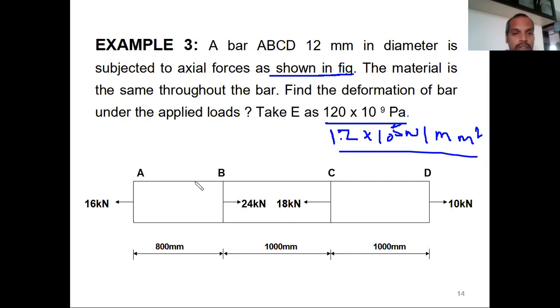It is because AB member, BC member may be subjected to different types of loads. But whenever a problem is given to you, like this, first you check the equilibrium condition, because sometimes there may be mistakes in the problem also. The diameter and numerical values may be wrong. Sometimes it may be typical mistakes or anything. How to check the equilibrium of these forces?